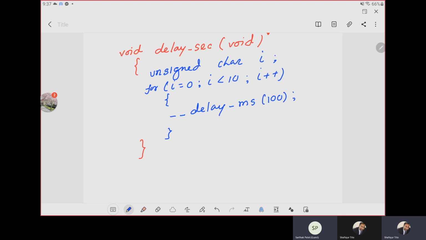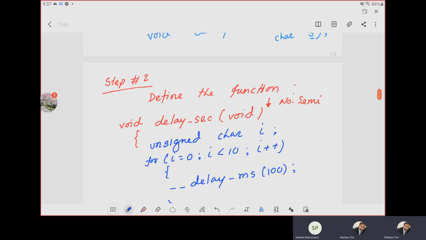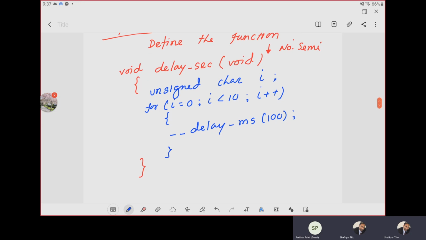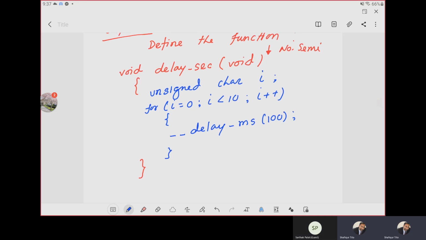Okay, all right. Yes, sir. So I have written, this is called the definition of the function. And the definition of the function starts with the prototype declaration without the semicolon. So whatever you have written in the prototype declaration, you have to write again, but at the end you should not give the semicolon. And then your code that you want to repeat, you want to use multiple times in your program, write